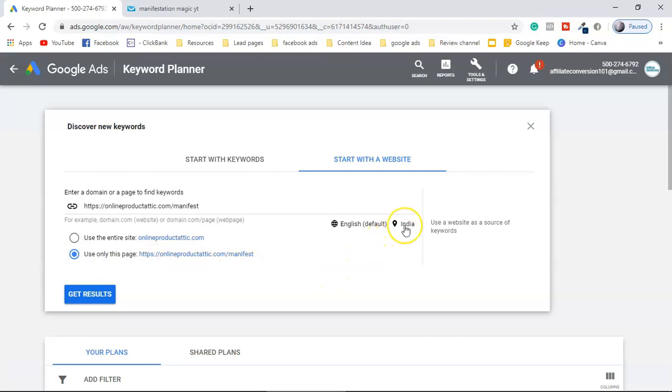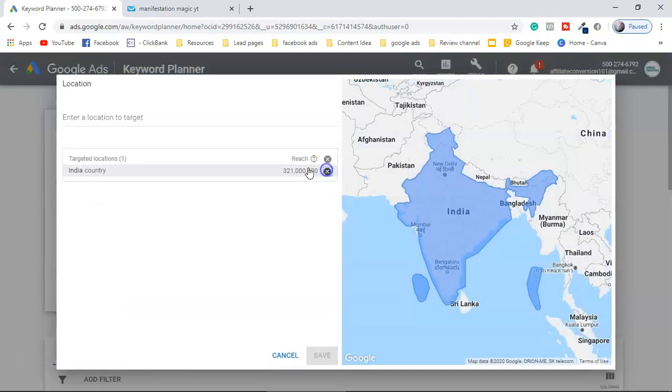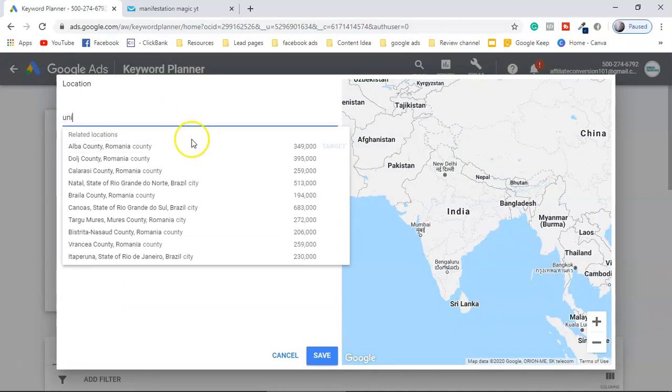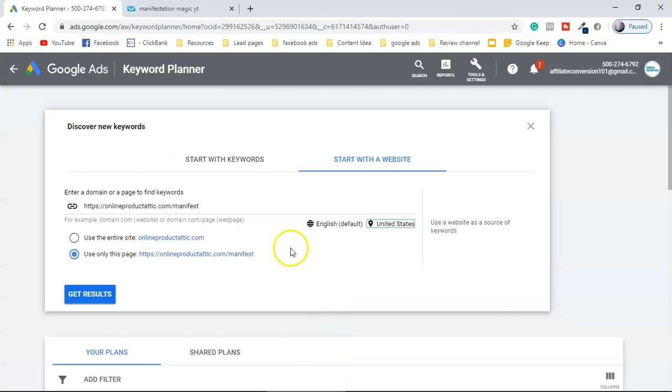And make sure you change the country where you want to target. Right now it's showing India. I don't want to target India. I just want to target the United States. So I will go and target the United States. Save. So right now, if you select get results, Google Ads will go to this landing page,